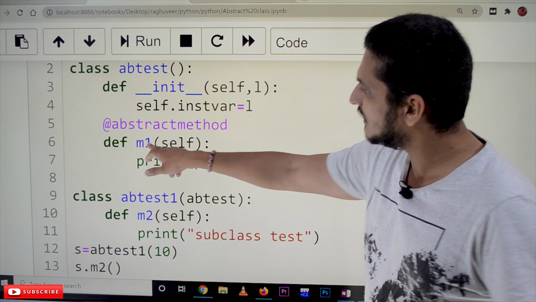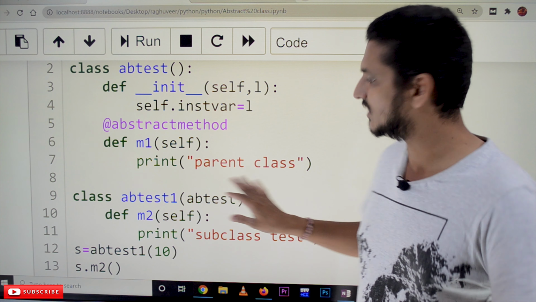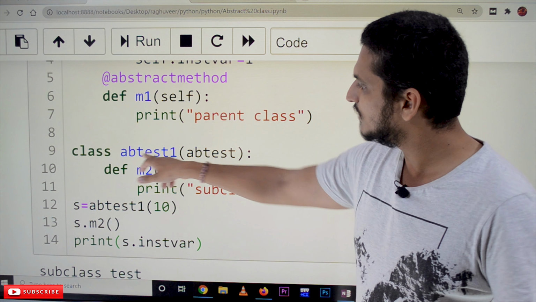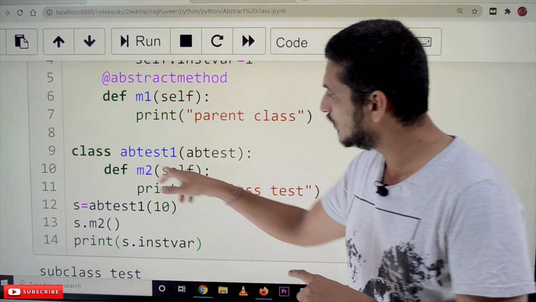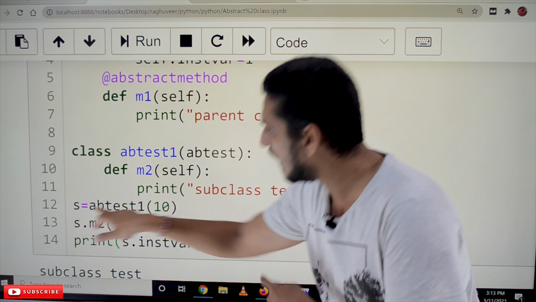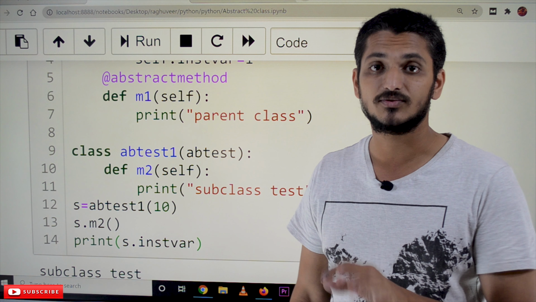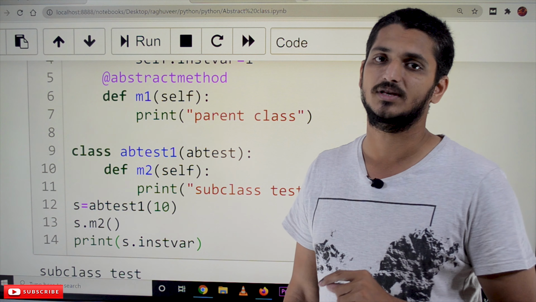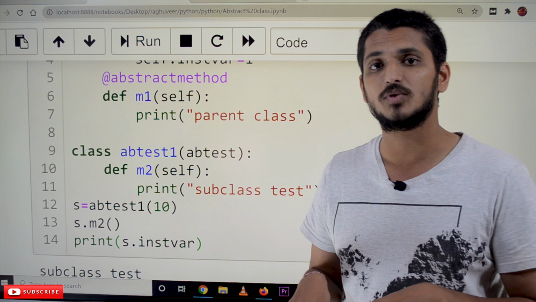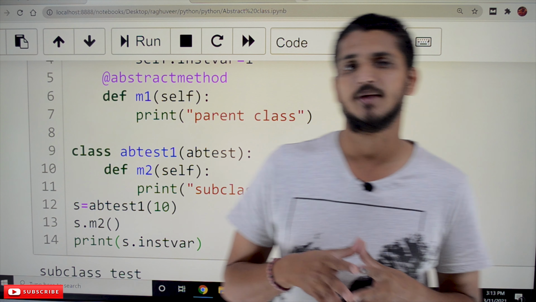See here, AB test1 inherits AB test, but we still haven't implemented M1. We have created the object for AB test1. So we have to definitely use the class ABC, capital ABC, in order to implement the concept of abstract class and abstract method. This is all about abstract class and abstract method.